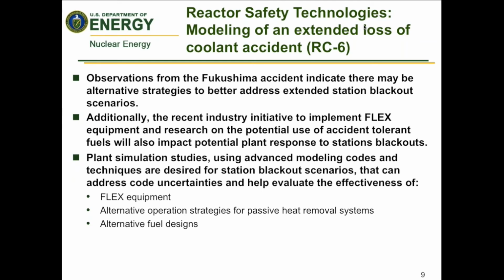The methods should address the code uncertainties and help evaluate the effectiveness of FLEX equipment, alternative operational strategies for passive heat removal systems, and alternative fuel designs. And so, again, it's using really the RISMC type codes that we discussed to look at the station blackout scenario. And again, with a focus on validating some of these methods that have been proposed to address the station blackout scenarios, FLEX equipment,